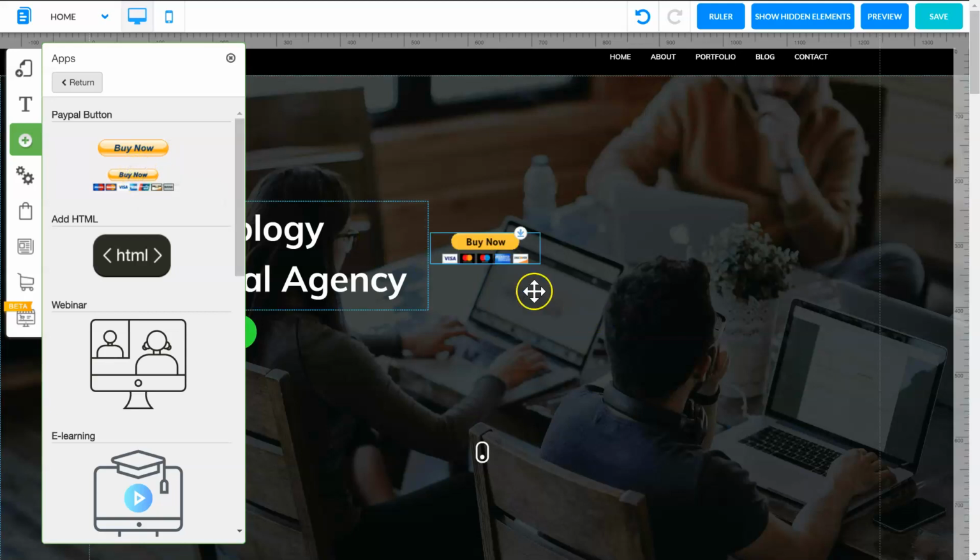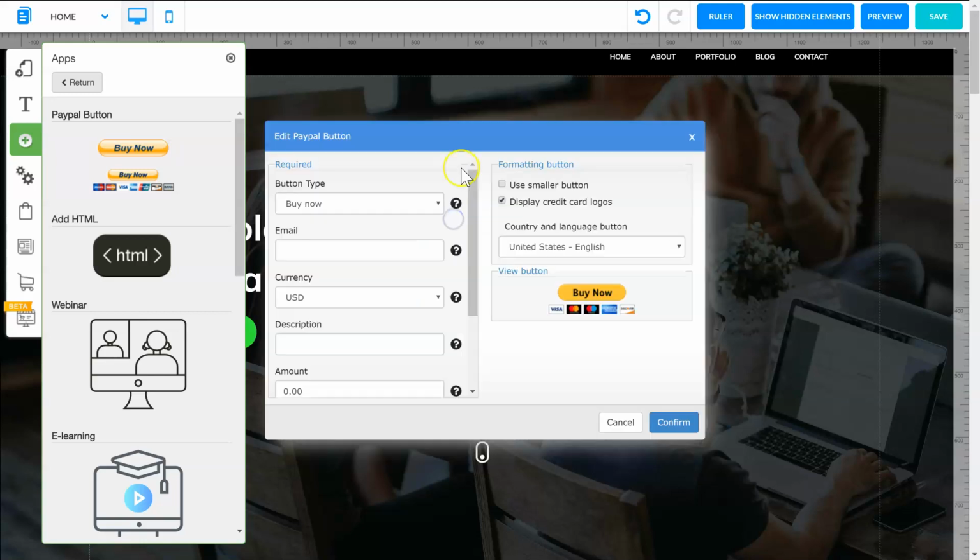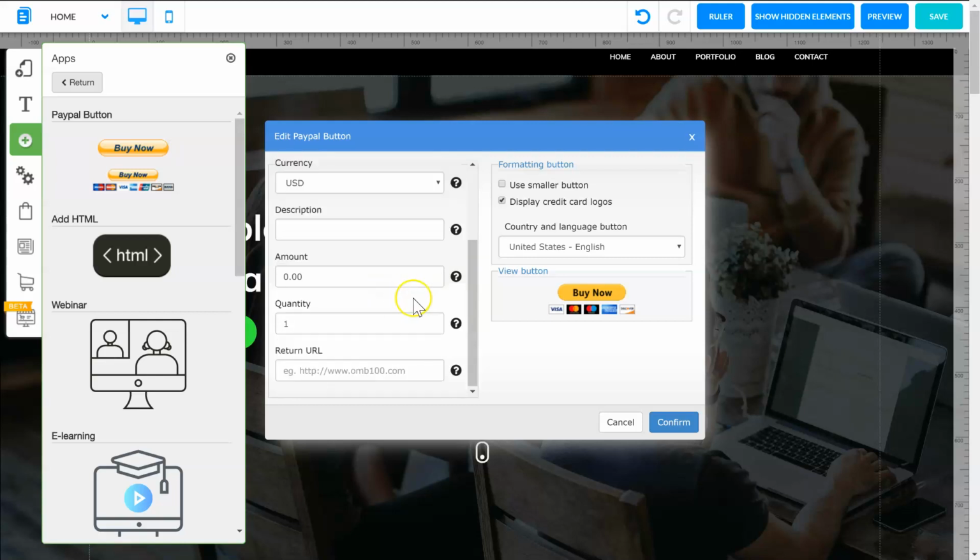And you click to add it to your website, and then you simply come into Edit to set up your payment. So you can choose from Buy Now, Pay Now, Donate, or Subscription. You simply enter your email, enter your currency, the description of your item, the amount you want to charge, how many of the item there is, and the thank you page that users will be directed to after they've completed